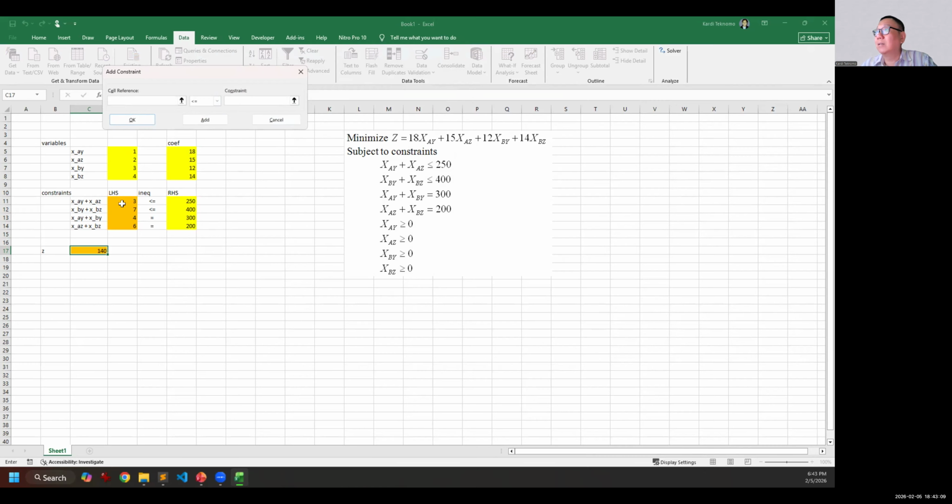The second constraint is this one, less than this one. And then you add again, the third constraint is this one. Oh, this is equal. This is equal. So equal to what? Equal to 300. And then add again the last constraint here. This is equal to 200. Then click OK.